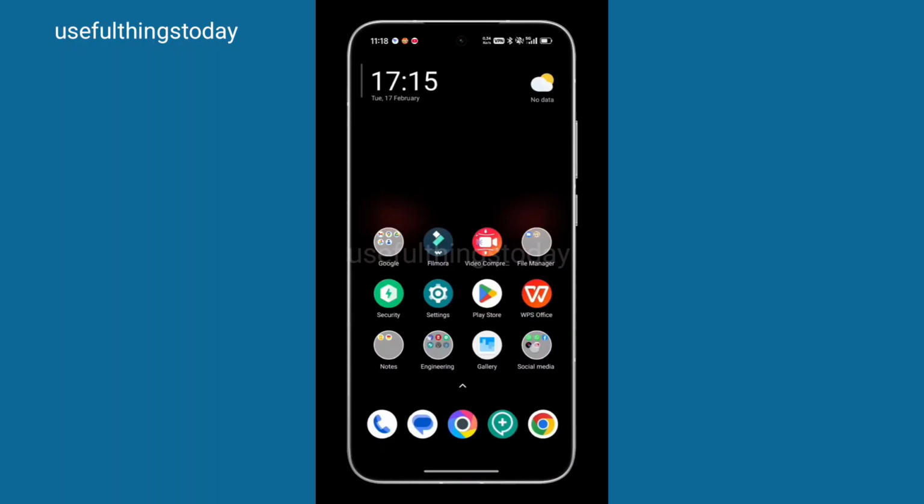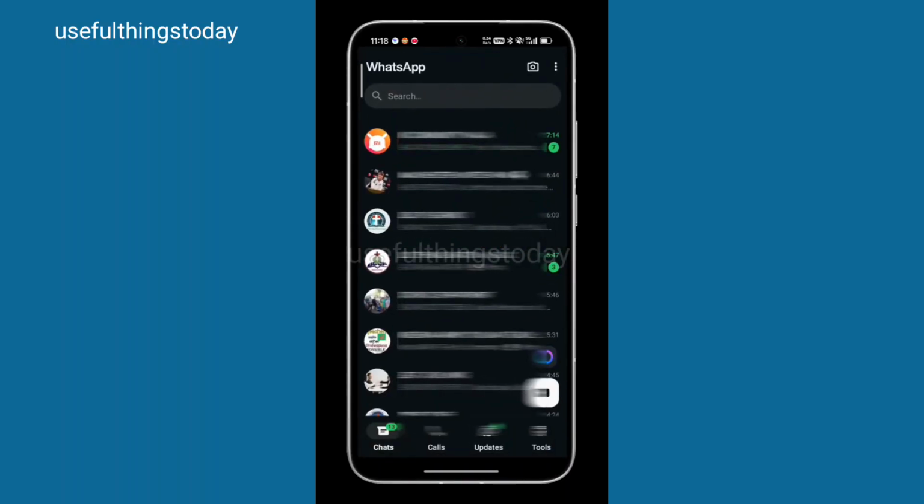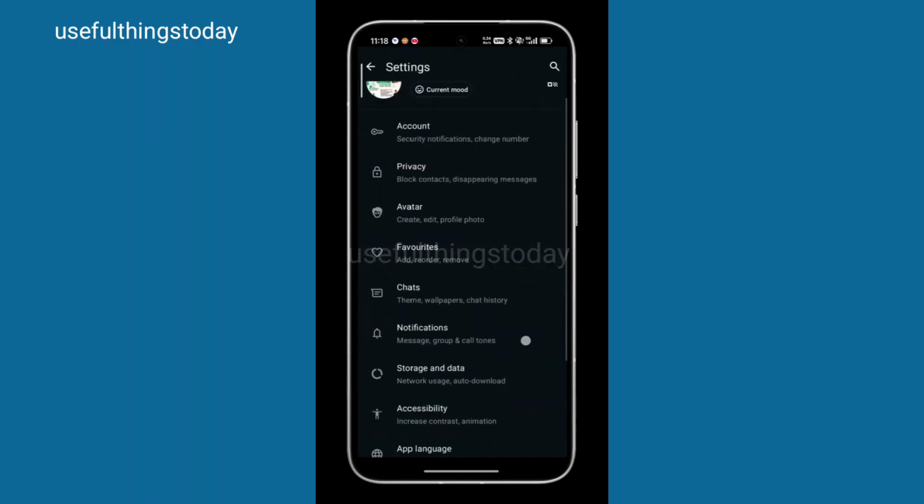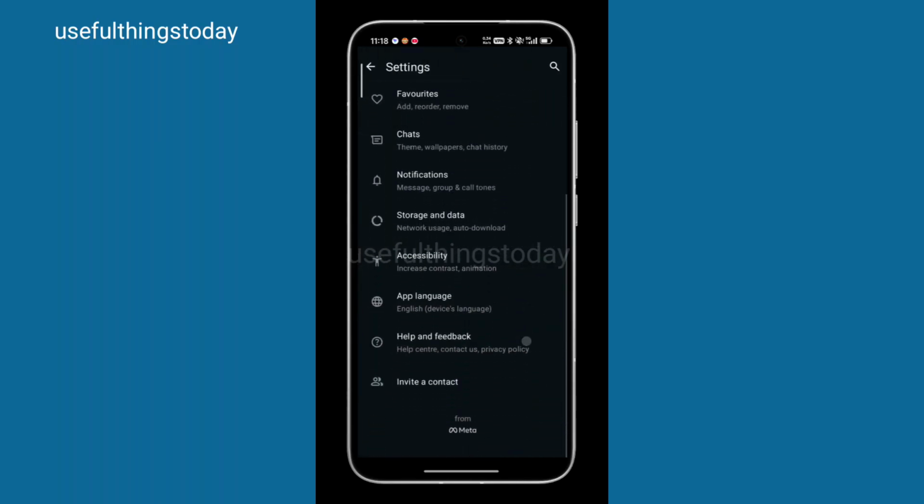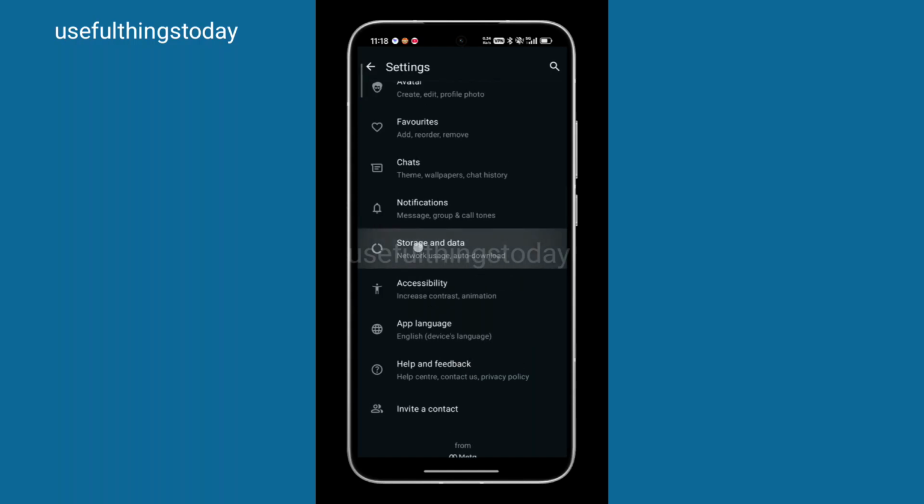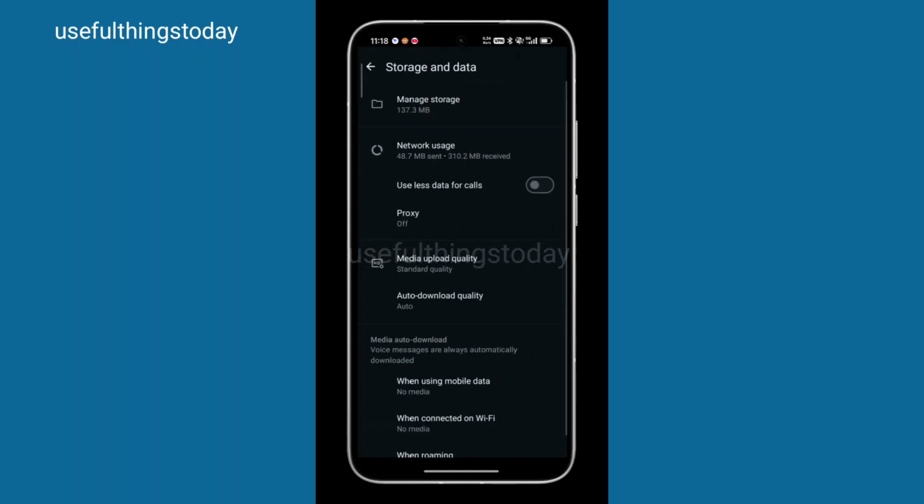Head over to your WhatsApp app. Then you see these three dots, tap on it, then tap on settings. Then you scroll down until you can see storage and data. Storage and data, tap on it. Then you look for